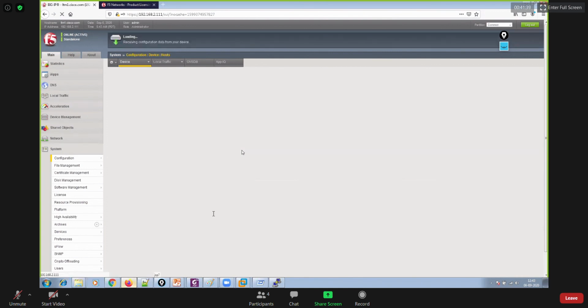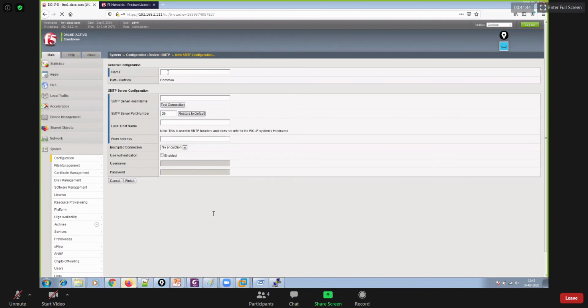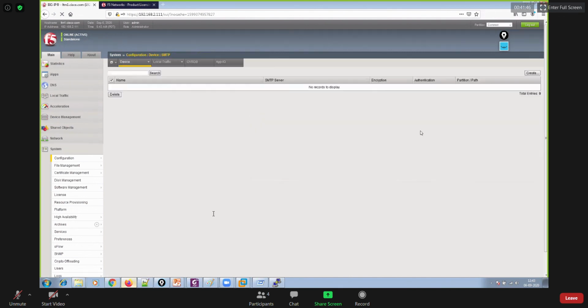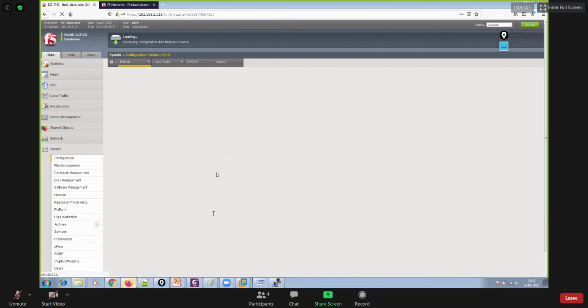SMTP, so in case you want to send an email, then you will have to configure the SMTP, okay? But that's not something that I'll be configuring here. And thereafter, you have SSSD. For SSSD, you could define some banner over here, okay? Hey, this is for testing, okay? Then you could say show security banner on the login screen. I say check mark, update, and thereafter